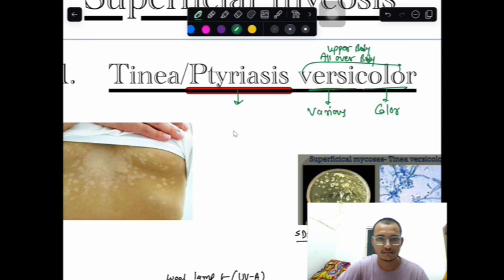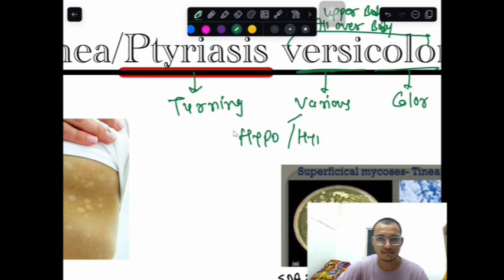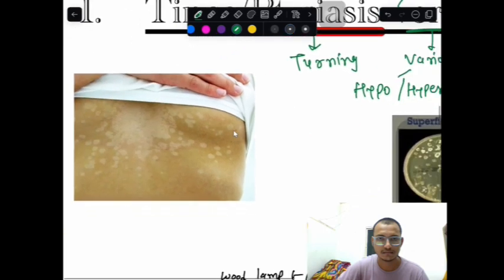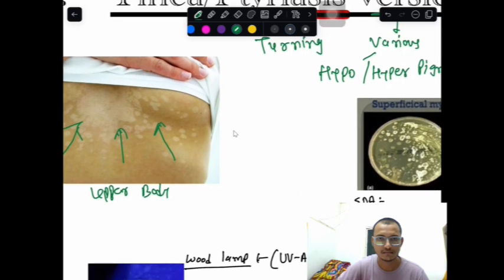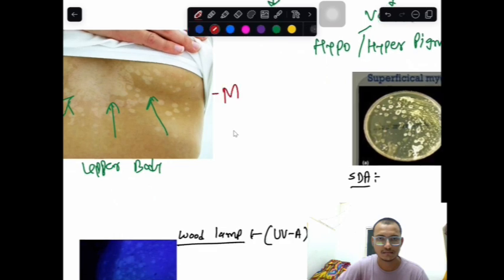What is the meaning of pityriasis? Pityriasis means turning. So turning various color, which color? Hypo and hyperpigmentation. Do you all understand? Hypo and hyperpigmentation. So you can see on the upper body this type of hypo or hyperpigmented patches. Okay, by which organism does this happen? It is Malassezia